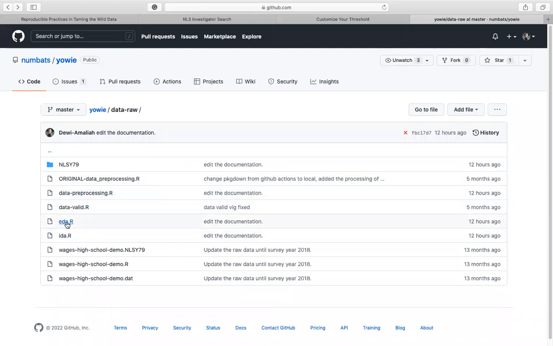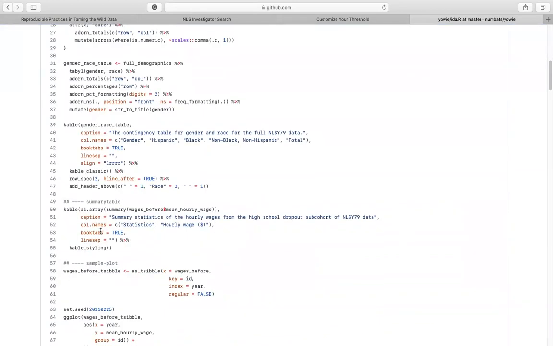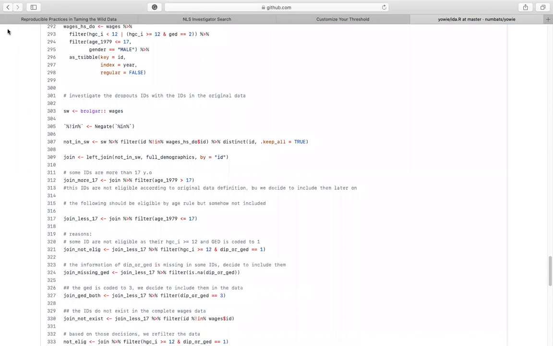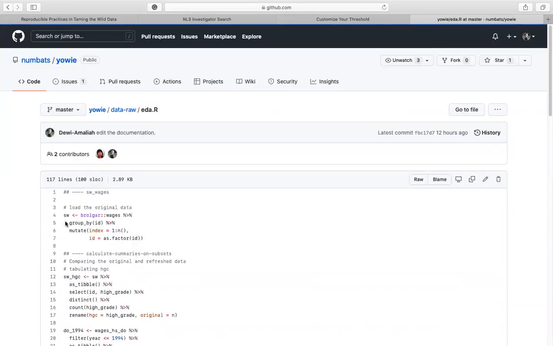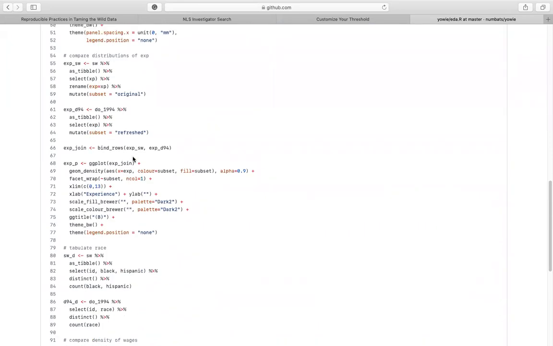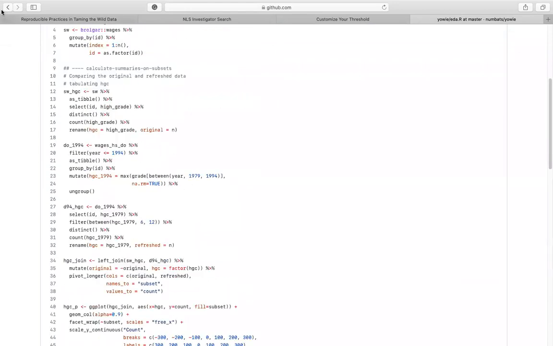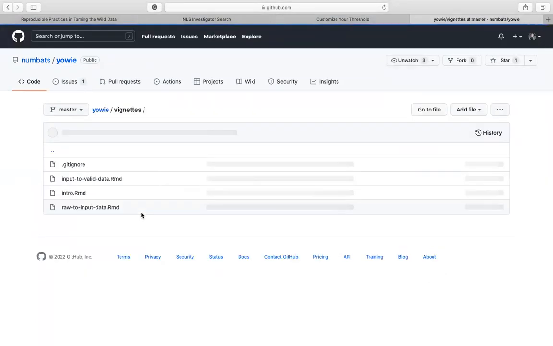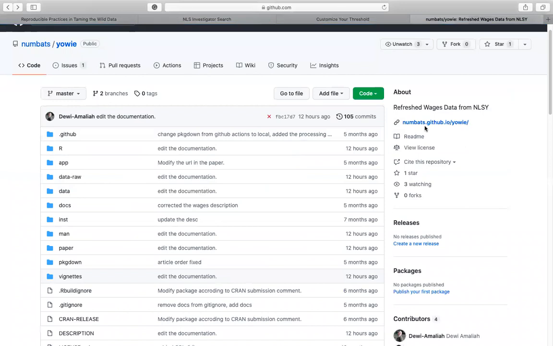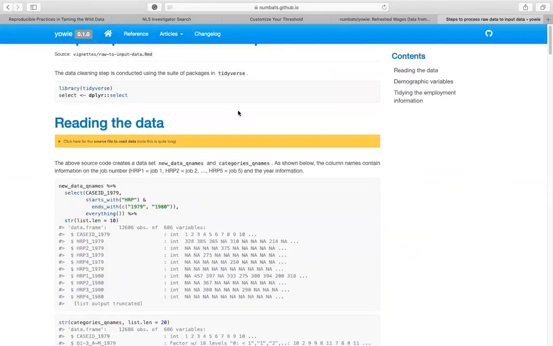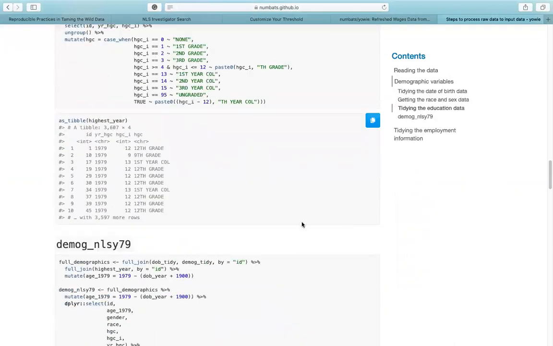This one is to preprocess the high school dropouts, and this is the comparison between the original data and the data we refreshed. We make all of the code available, and also the vignette, which is not updated yet, but we upload it on its website. So we have the articles here, steps to process the raw data to the final data.